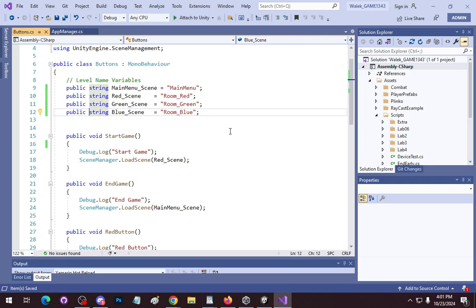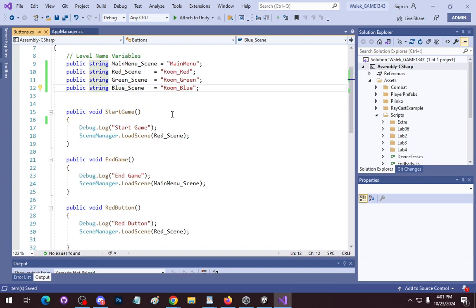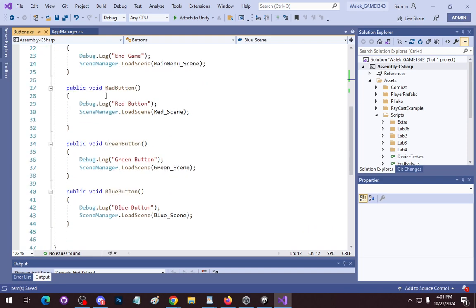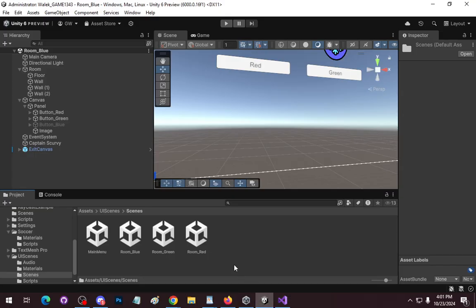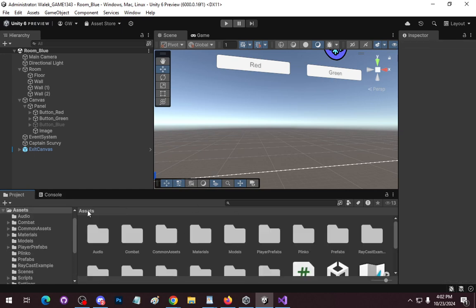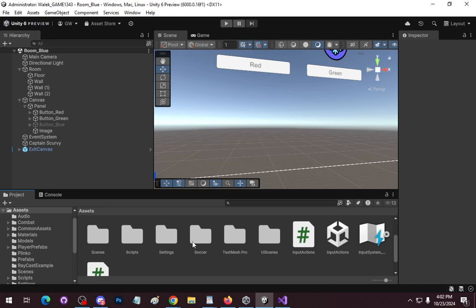All right, I'm gonna save that. So this is what our buttons are doing. All right, let's go back to, so I've shown you off. What I haven't shown you is how the buttons work. Let's go back to our project and